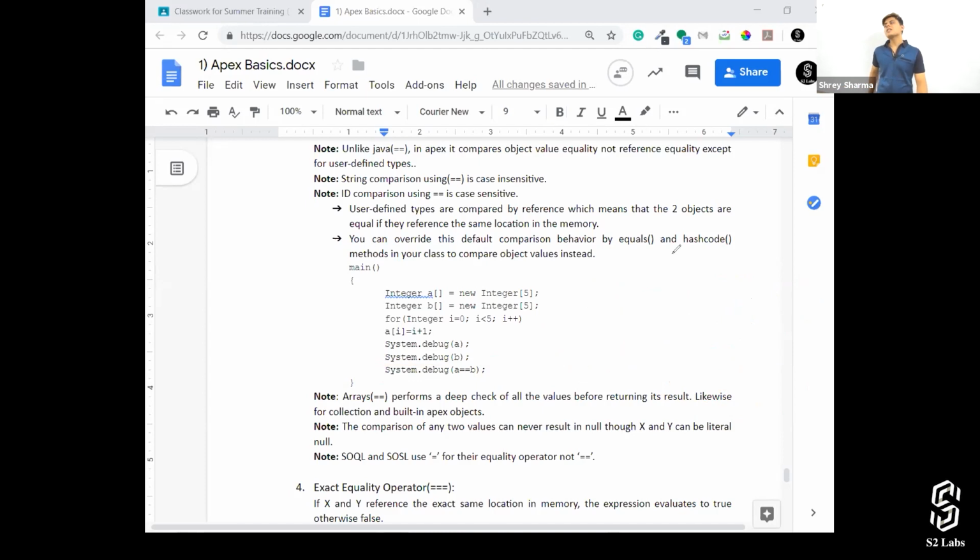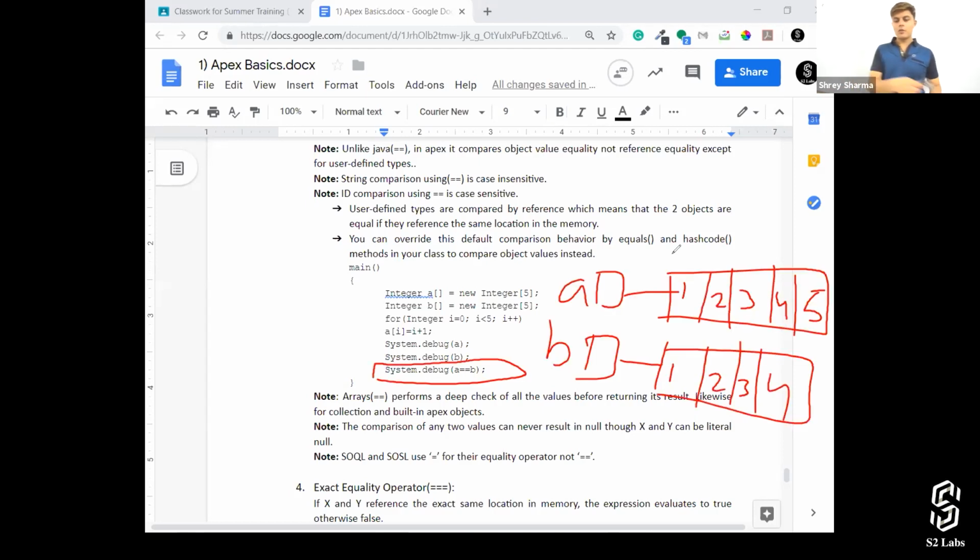Deep check basically means comparison of values rather than references, right? So over here, A is referencing this list and B is referencing this list. If we compare both of the lists and a reference check is happening, that's a shallow check.